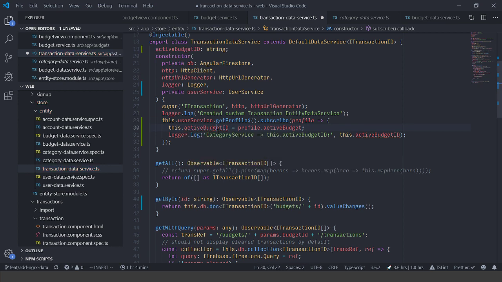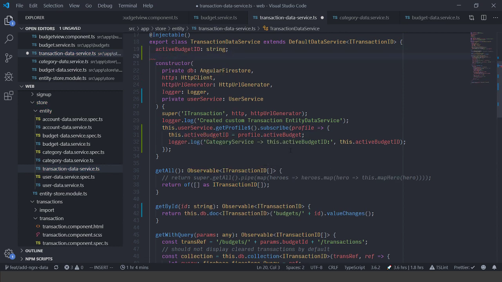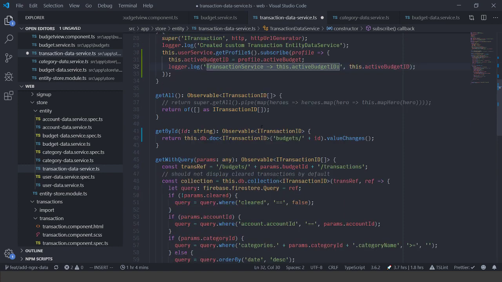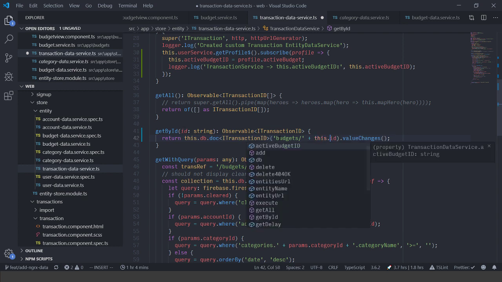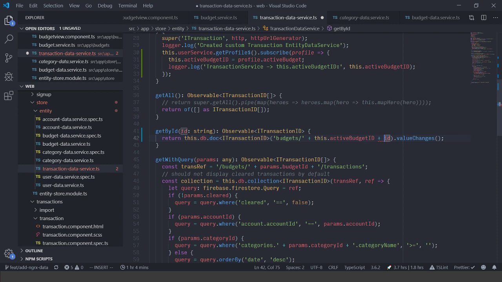It's fine. Share that problem. Let's see how quickly we can get to this. This is the transaction source, the budget, which is perfect. Budgets with this dot active budget plus